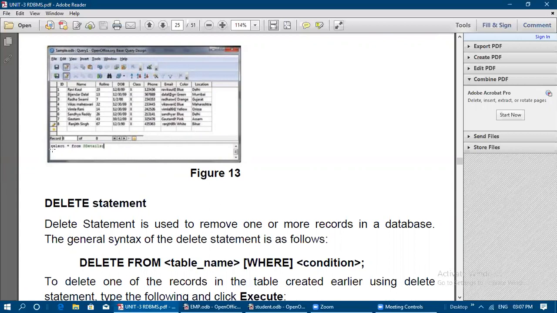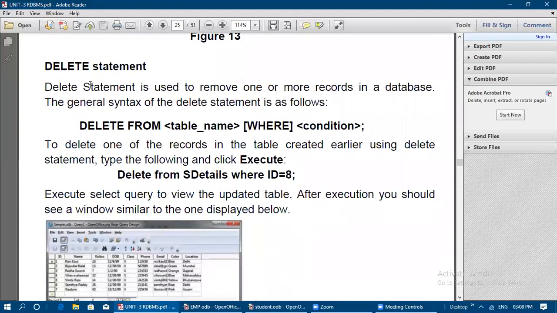So we need to apply select star from S details in order to see the entire content. See here, how the entire content is viewed from the table S details by giving the select statement, that is select star from S details, at the end semicolon. Afterwards, we will be able to view the contents like this. All the records are going to be displayed. So if you use star after select, that indicates all the records, everything from the table.